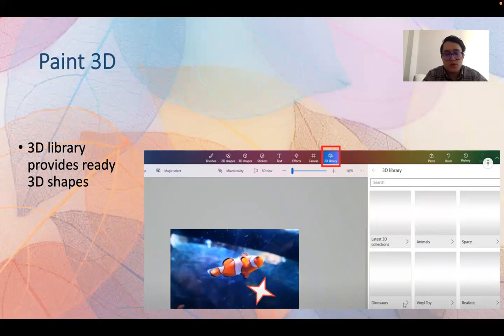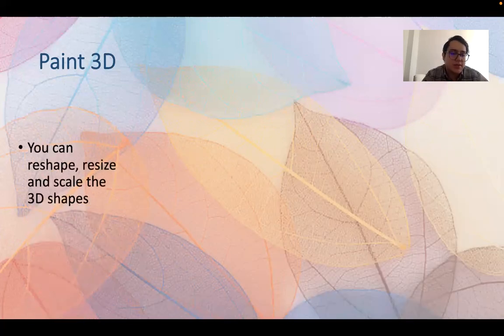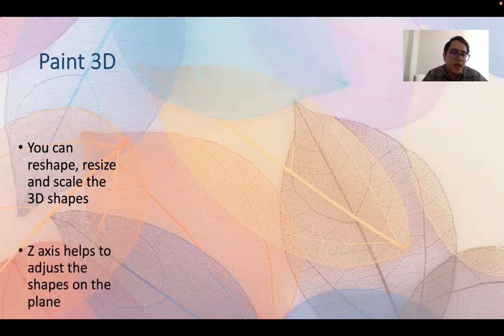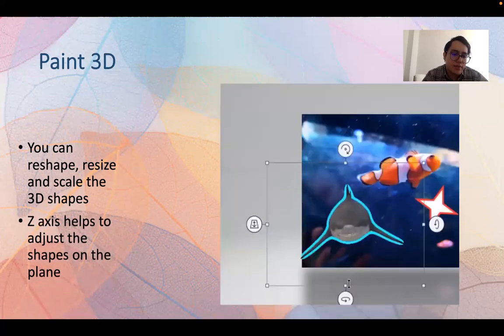Next, we have the 3D library, which was very useful for us during these past few weeks. You can just go to the 3D library and choose one 3D shape, select it, bring it into the page and continue your content. You can reshape, resize, and scale the 3D shape.